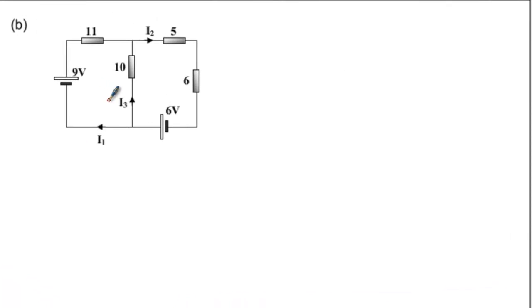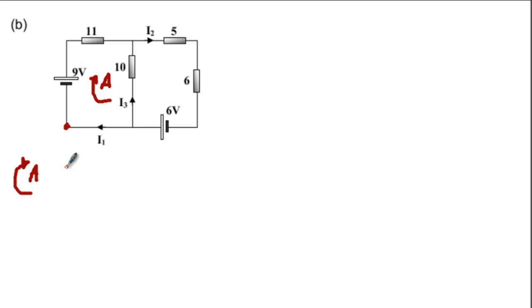Question 5b. Okay, another Kirchhoff's current law question. First thing we need to do is decide which way to walk around the circuit. Again, it doesn't matter. We can choose a starting point, going from little to big, so I'm going to gain 9 volts. Okay, now which way is the current going? Well, the current's going that way, so it's going through that. The current's in the same direction as the way I'm walking around, so it's a negative, so it's minus 11